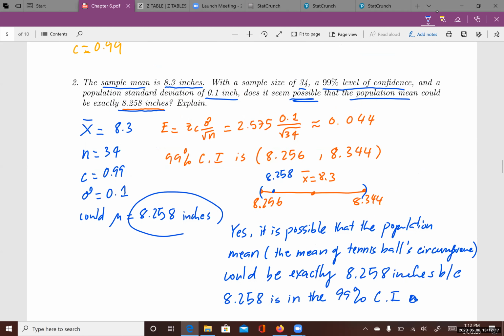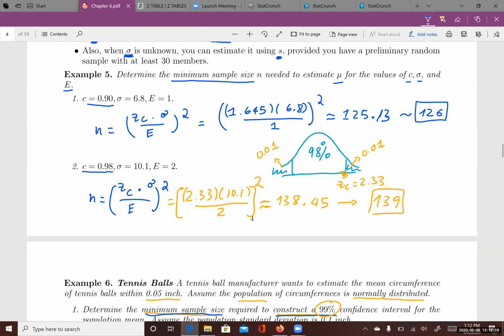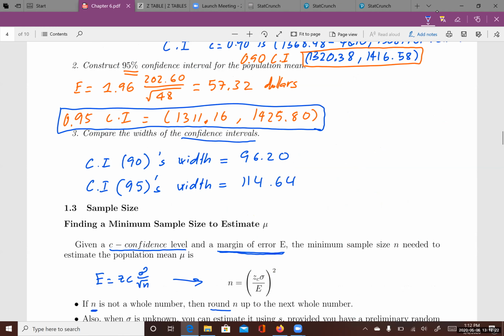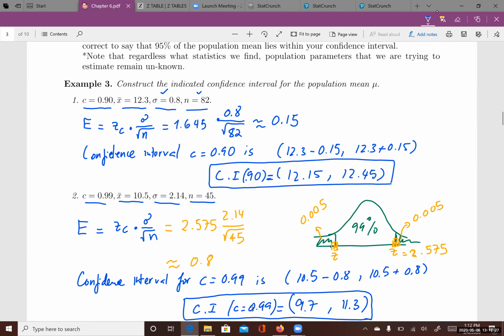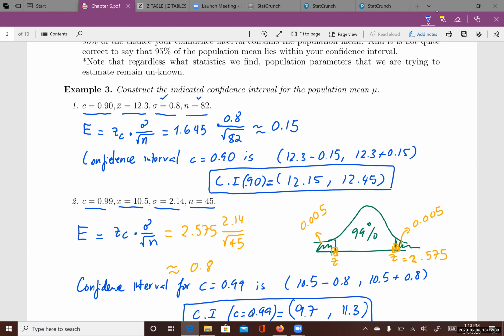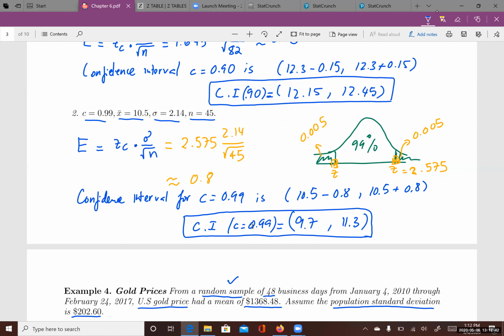All right, so this lecture introduces the idea of confidence intervals: how to construct a confidence interval in order to estimate your population mean, how to interpret your confidence interval in terms of probabilities of collecting a large number of samples, and how to estimate the minimum size of a sample in order to achieve a preset margin of error, or a desired margin of error that you want to set for your analysis.